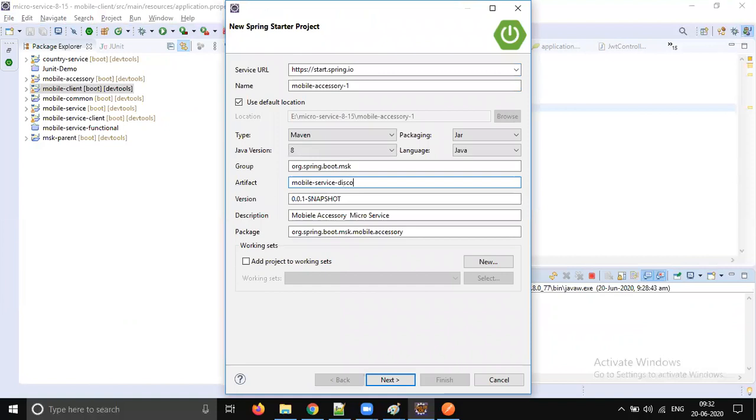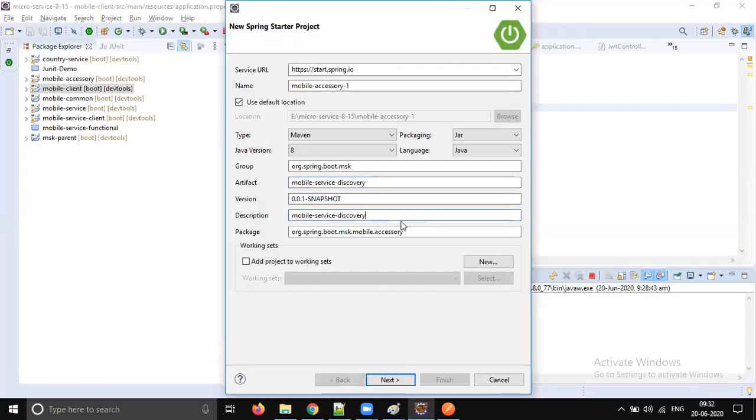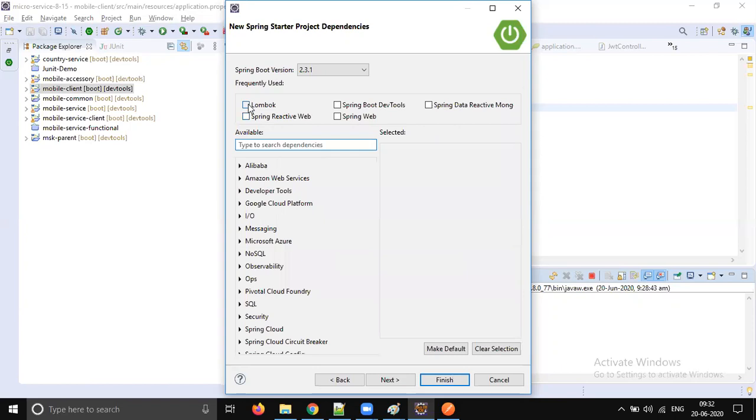Okay, mobile service discovery here also. Yes, so let's give this as MSK / mobile / SD, service discovery. Right? So just click next. We need Lombok? Okay, not required. We need dev tools. Okay. We need this one.